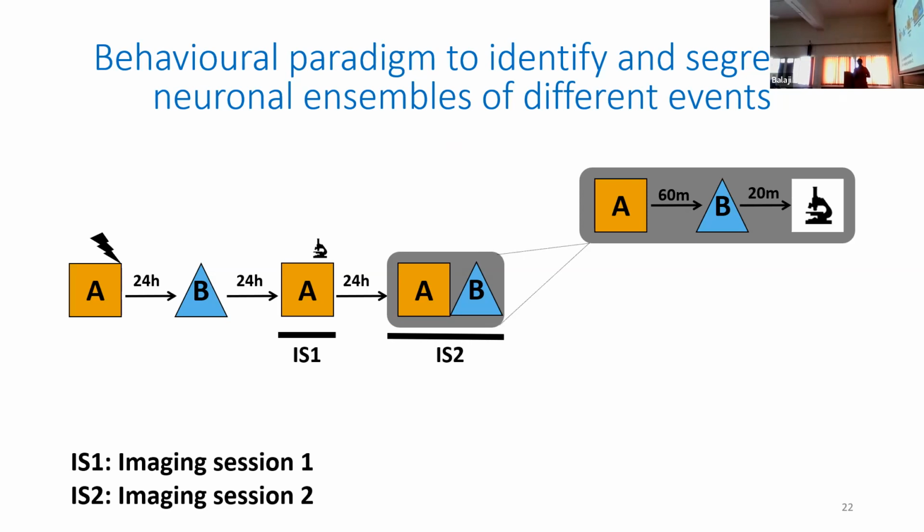Okay, the way we do that is chamber A, foot shock, 24 hours later, chamber B. The symbols are different because the chambers are different. The features are different. Then you put them back. This corresponds to A, where they got the shock. B, they don't have a shock. So that's how you differentiate. Mice also differentiate. Then you can go ahead and image